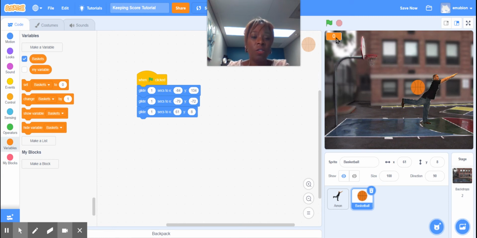So now it shows me my scorekeeping, and it's just there so I can read it. And the next thing I need to tell it is to change baskets by 1 each time the ball goes in. So when I click the green flag, it's going to go from this position by the boy up to the basket, straight down, make a shot, and go retrieve back to him. And then my counter will turn 1. So let's try that. When I click the green flag, it goes up, down, and returns to him, and my counter